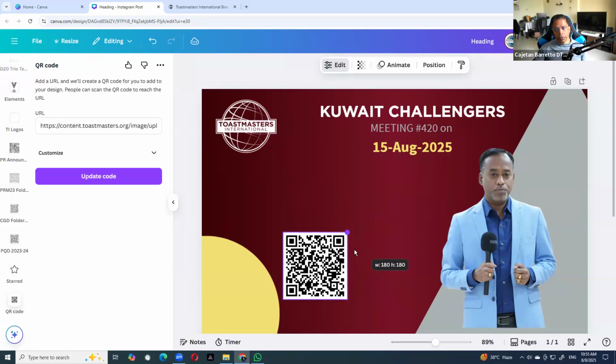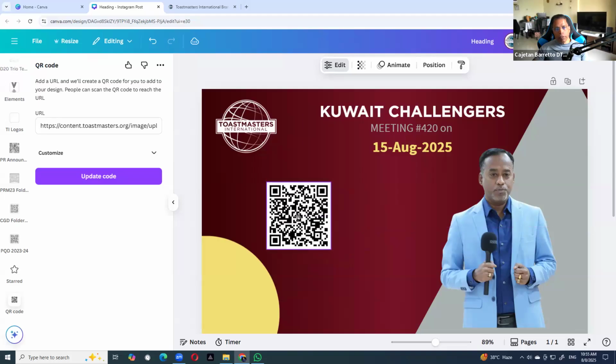Especially if you have a registration form, you're conducting a workshop and you want them to just scan the QR code and take them to the registration form, you could use the QR code. But if you are not confident about it, say, okay, maybe we'll do it in another session. But if it is a small thing that can be done in a 1 minute demo, then you can open the screen and show them how to do it.